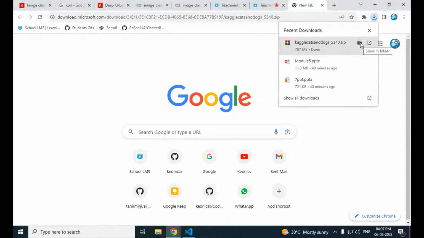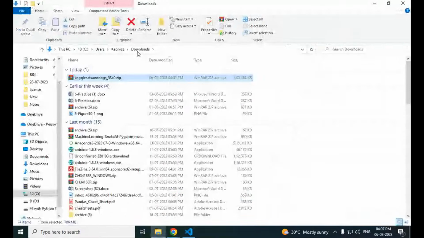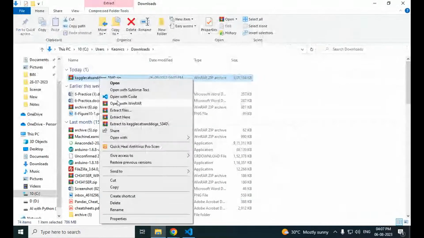You can open the folder, you can get into the folder. But unzipping you should not do from the program. You can also do it from the program, but best practice is to give the data readily. Okay, you are actually getting this zip file, and we have some options here. If you have installed the WinRAR or WinZip software, then you